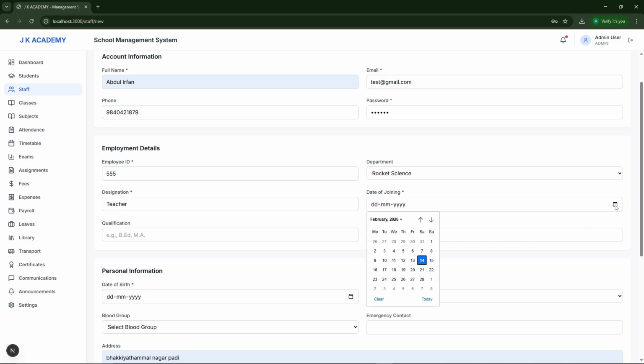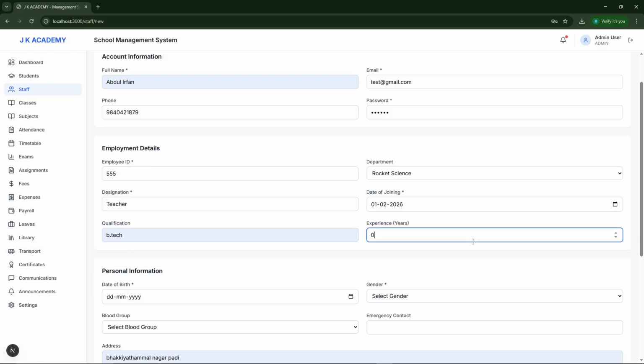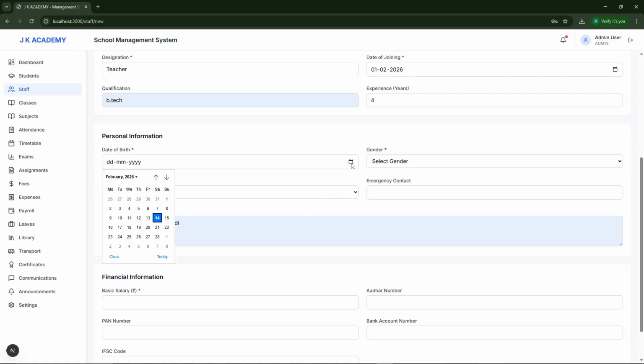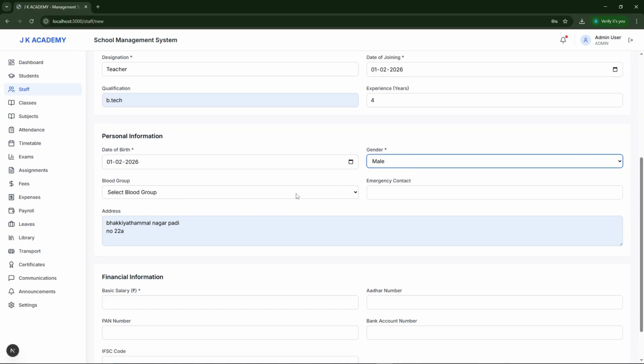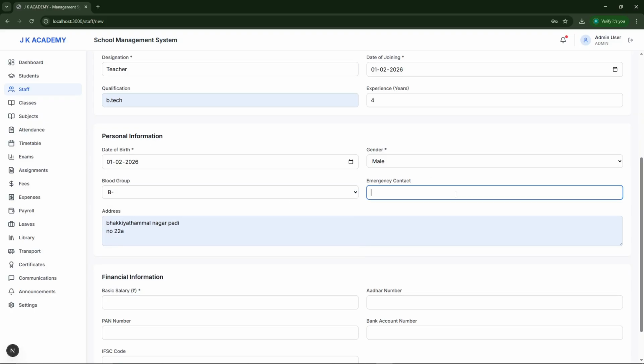And the date of joining is gonna be February 1. And what's his qualification and his years of experience and his date of birth. You can select the gender and the blood group and the emergency contact number